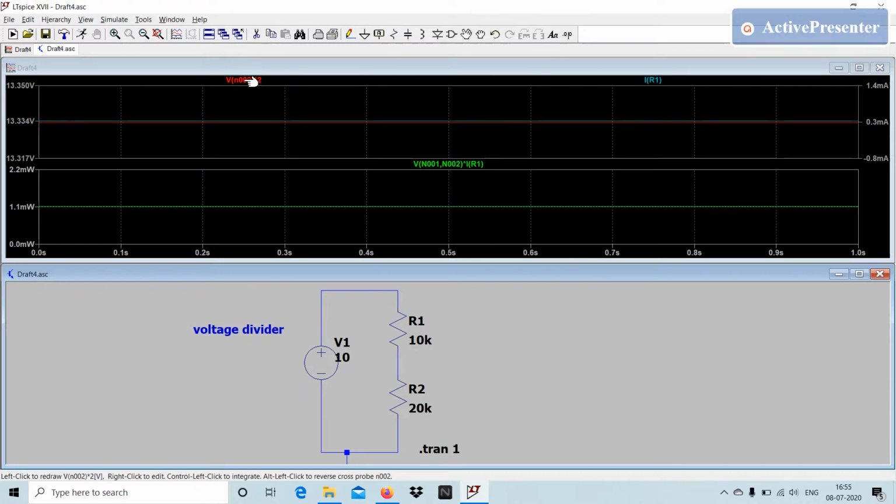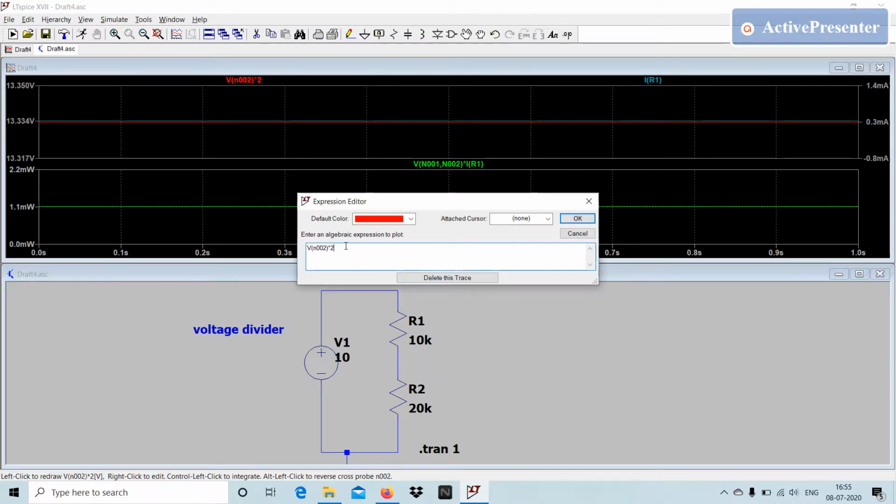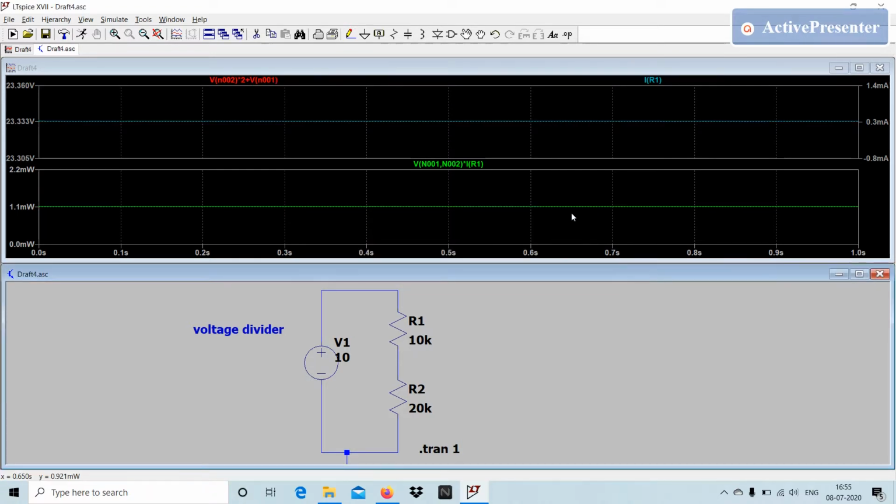If I want to add my input value, that is VN01, so plus VN01. Yes, my input voltage is 10 volt. You can see the equation here. Likewise, you can add, multiply, divide or subtract, and you can get the value over here.